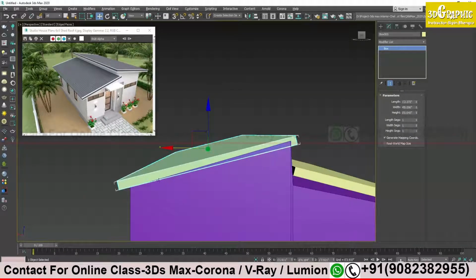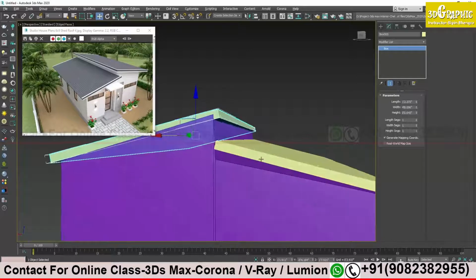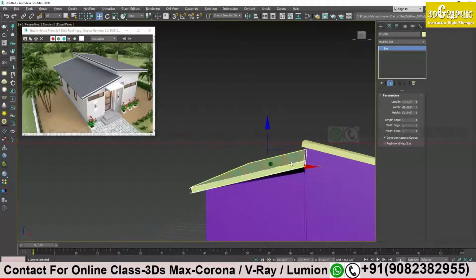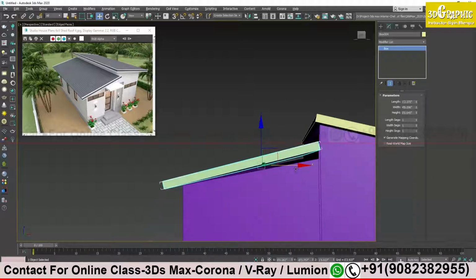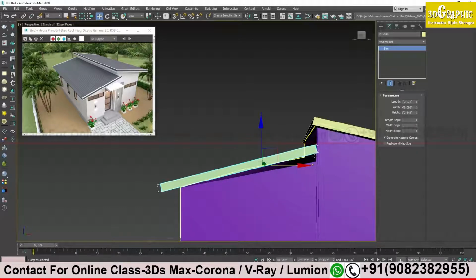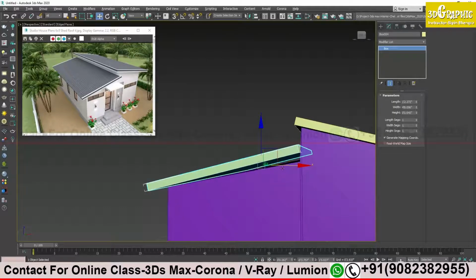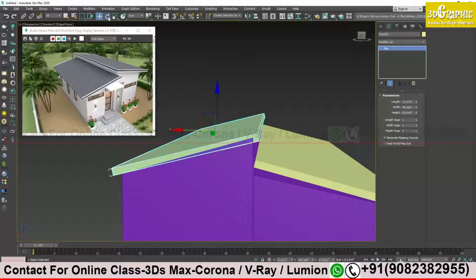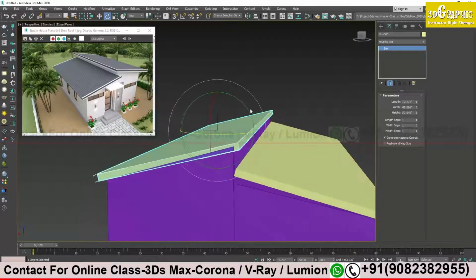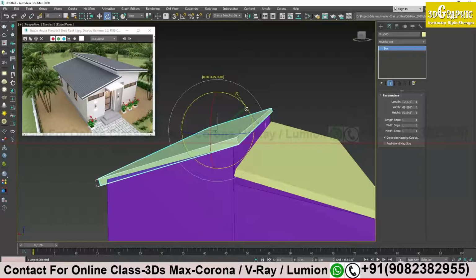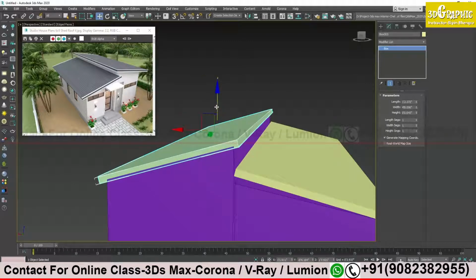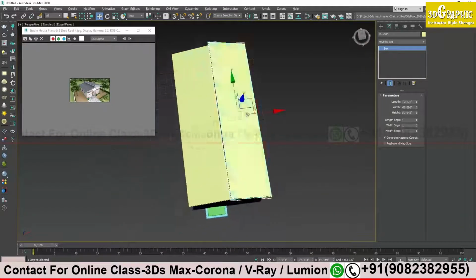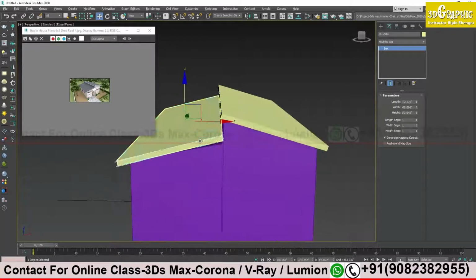It might not be exact turning because the turning of this may be different. I have to rotate it properly because it is not inclined to my surface. I will do it, no problem. I will do this one first. Click on the object and try to rotate it. Press W and then try to move it. Okay, that's enough. I will do it for the first roof also.